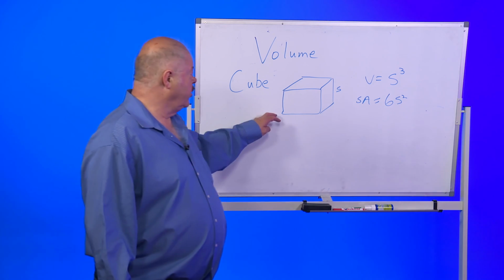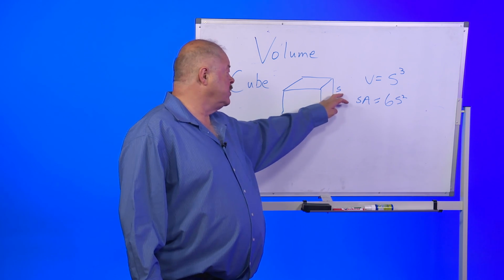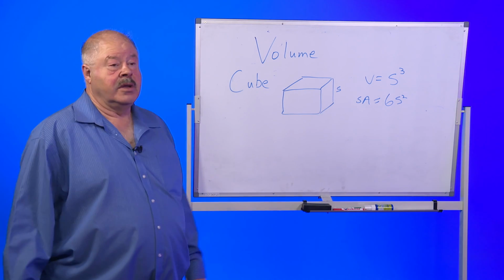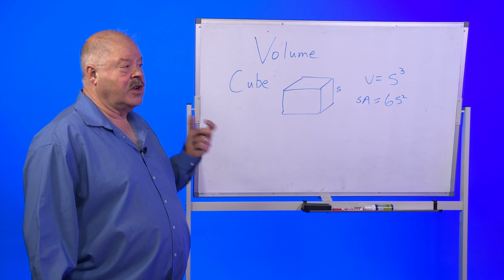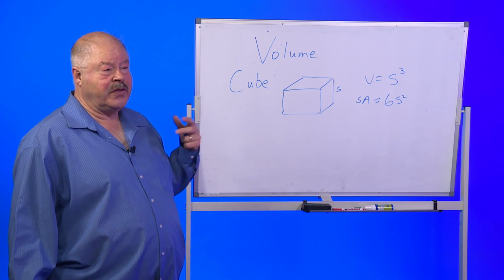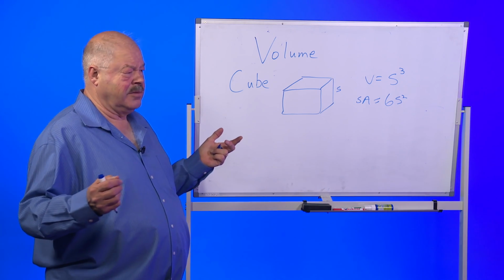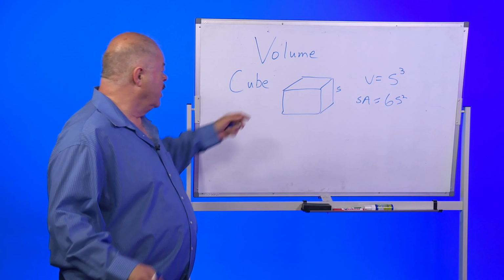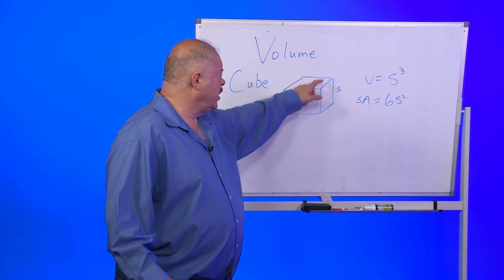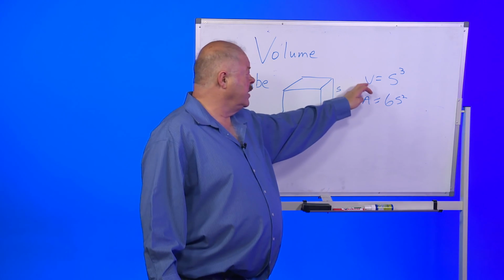So anyways, here's a cube. By definition, a cube has all the sides the same. So you think of a die or an ice cube that's perfectly shaped in all directions. Most of the ice cubes out of the trays look more like rectangular prisms, but a perfect cube has the same length, height, width. So the volume is